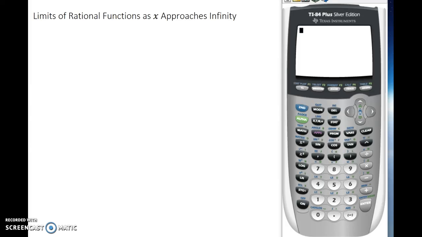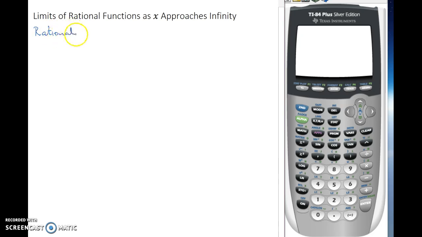Hi, before we start this next set of examples on rational functions and limits of rational functions as x approaches infinity, let's talk for a moment about what a rational function is. A rational function, in its simplest terms, is simply a function that includes a fraction. Technically, it's a little bit better defined than that. But really, what we're interested in here is the fact that we're talking about fractions, functions